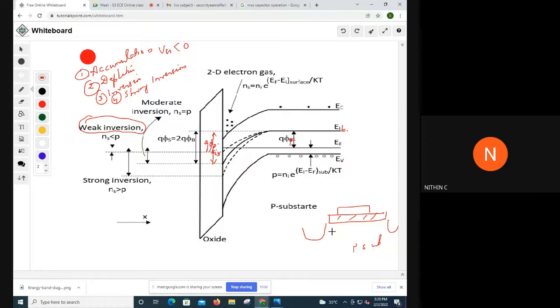This is p substrate, this is oxide and this is the metal. Same figure തന്നെ. So if you need a channel here for transferring electrons from this side to this side, you need a channel over here. ആ ചാനൽ ഇവിടെ കിട്ടണമെങ്കിൽ you need to apply positive voltage here so that electrons will come near this interface. Electrons will come and form a layer of,